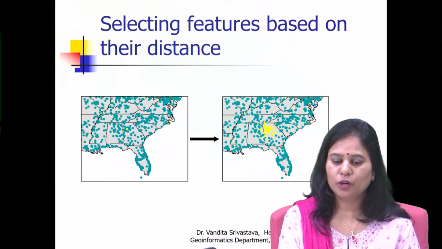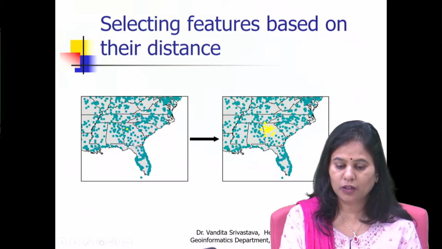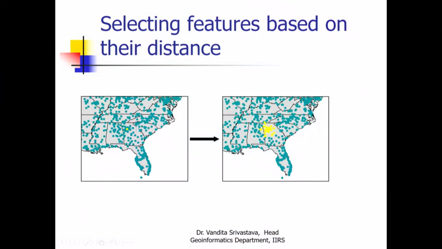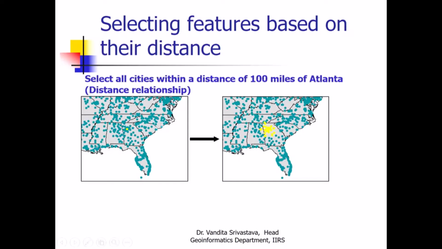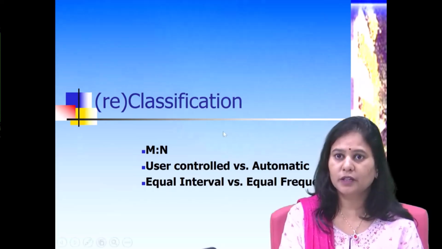So a kind of virtual buffer we are actually creating here. Within 100 miles, whatever cities are there from this particular city, those will be resulted. So just one spatial query will do here. So distance relationship is used here to find out all the cities that are within 100 miles from the city of Atlanta. Right? So I would like to end the session here for today, and classification we can take tomorrow